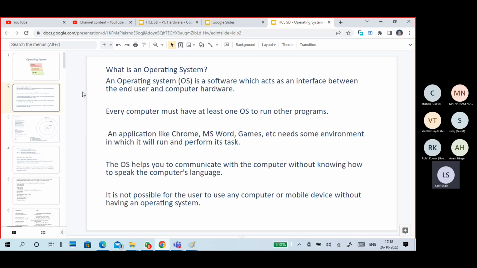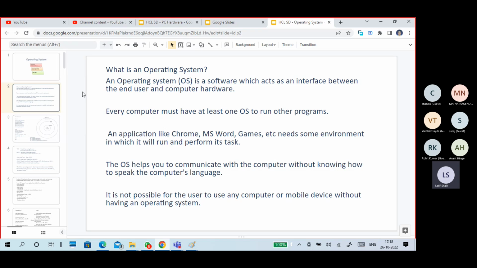Nowadays, computers are used by every person, including kids, non-IT people, IT people, every person. So the OS helps you communicate with the hardware, because many people don't know how to communicate with the computer, right? Maybe I know, maybe some people don't know.